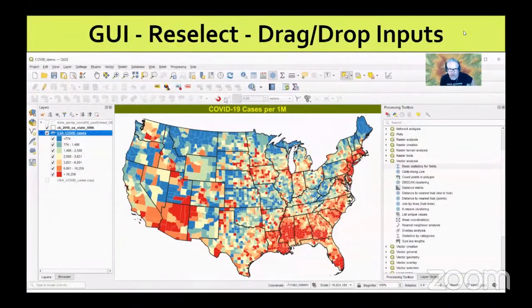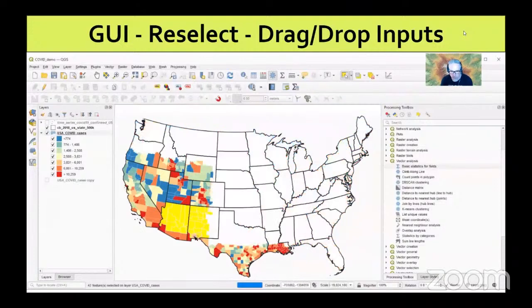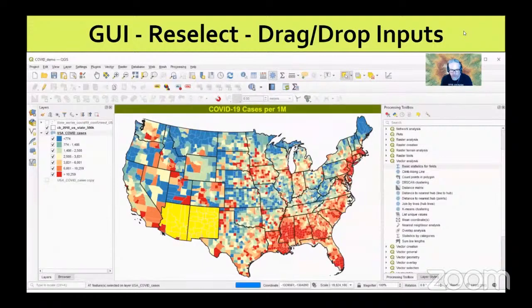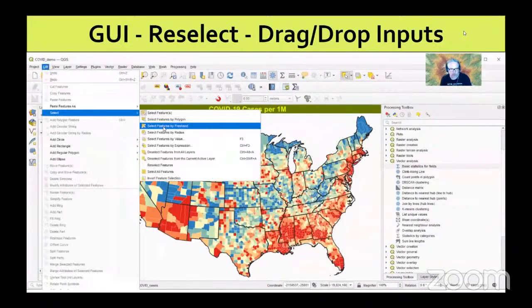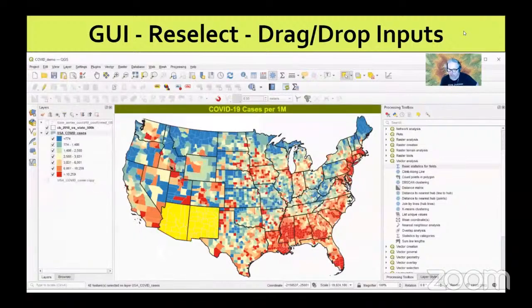In the category of usability and aggravation avoidance, we now have a nice new feature. So here I have a map of COVID-19 cases per 1 million. And if I want to select some features to get some statistics on a couple of states, I'm sitting here with my shift key down, selecting individual counties. And sometimes, you go through quite a bit of time selecting features and then accidentally misclick and the selection goes away. Well, now you can go to the edit menu and choose reselect features to get that selection back,